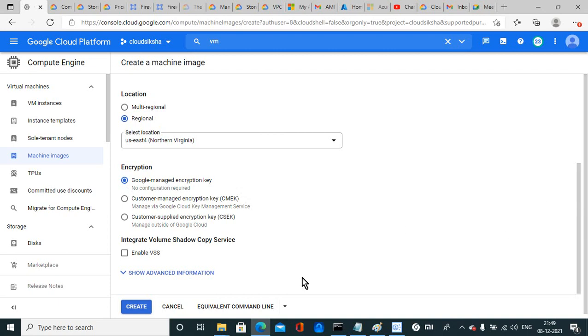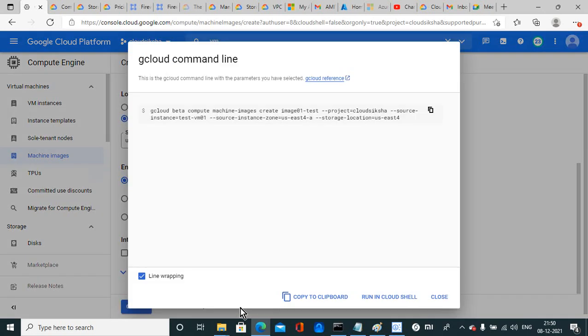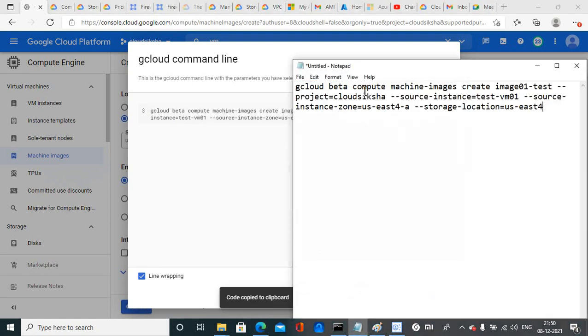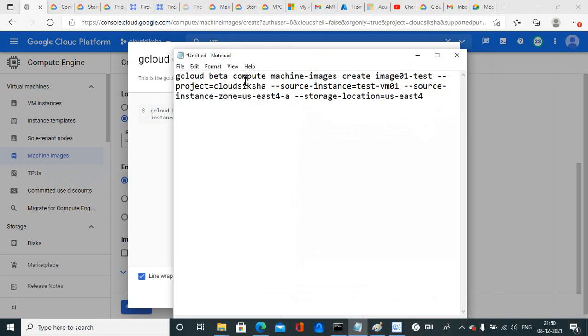And once it's done, again the equivalent command line, just copy it, paste it here, and you can see the compute machine-images create image 1 test, project cloud shiksha, and test VM1 as the source instance.